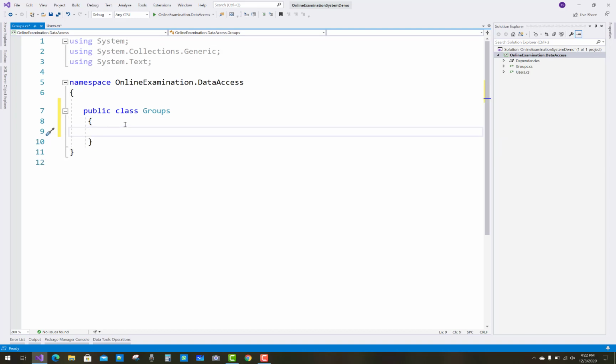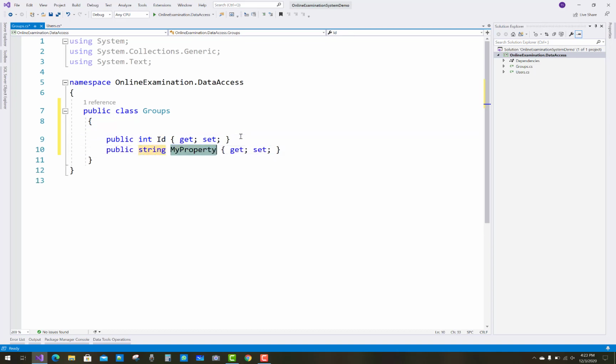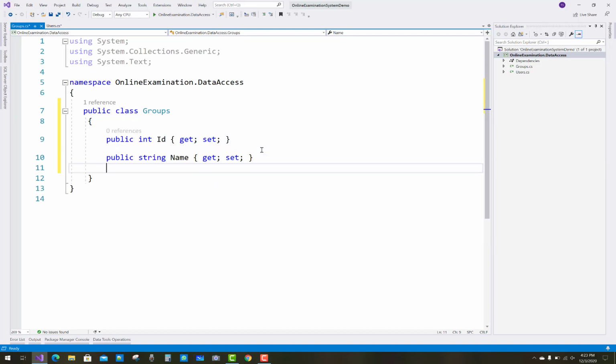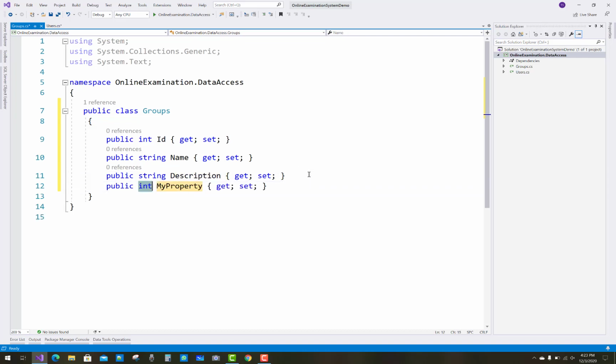In it you can take some properties: prop integer Id, the group ID, prop string Name, prop string Description, prop, and you can say Exams, okay. In which you can also take Users.